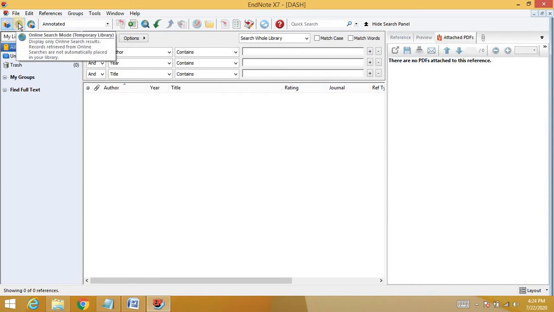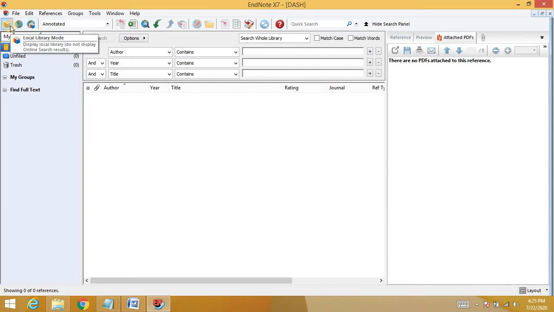In the online search mode, it is a temporary mode. In this we cannot save the data, we can just search. The third one is the integrated library and online search mode. In this we can do both of these activities simultaneously. We can search from it, and whatever data we have searched will be saved automatically.